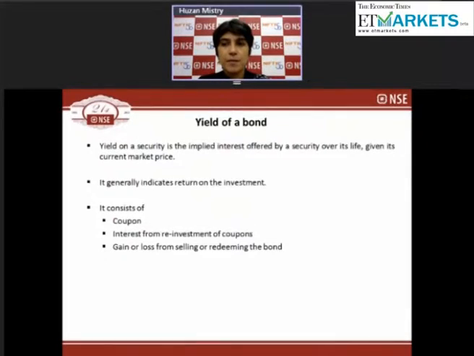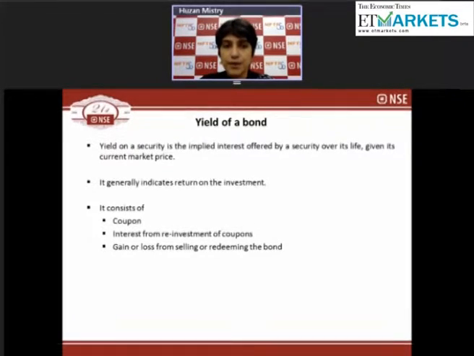In a situation where I'm investing in a bond, my return is essentially determined by the yield on the security. While a bond on day one is issued at 100 and may bear a coupon, say 7.59, a subsequent purchase or sale of that bond would not necessarily yield the same coupon, because the price of that bond, which at face value is 100, may actually move up or down. So the yield of a bond is my implied interest offered by that security over the life of the bond